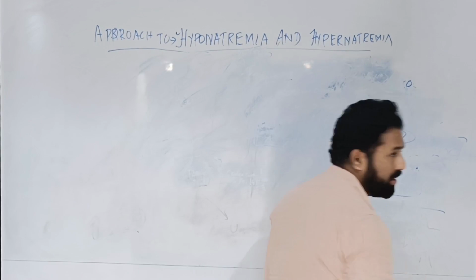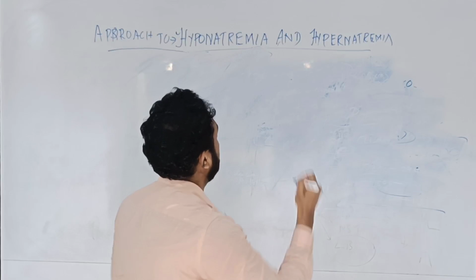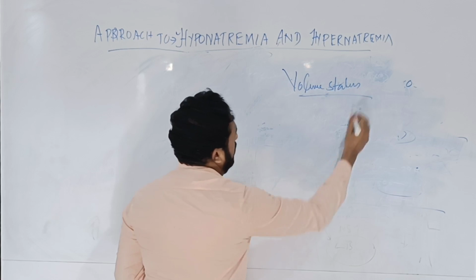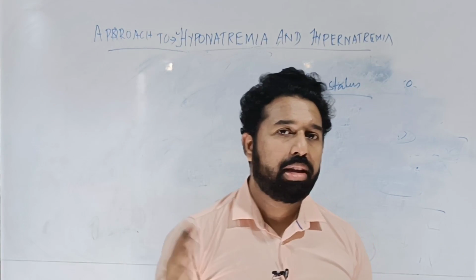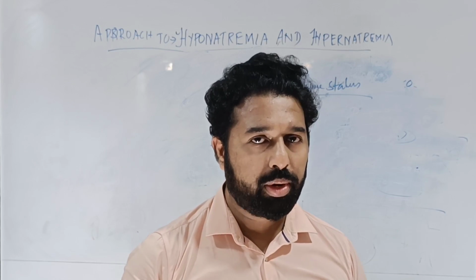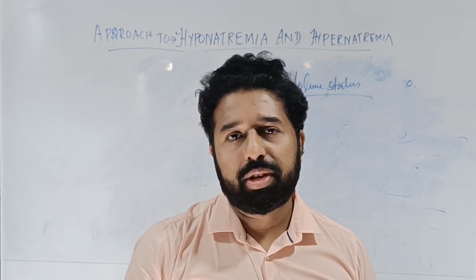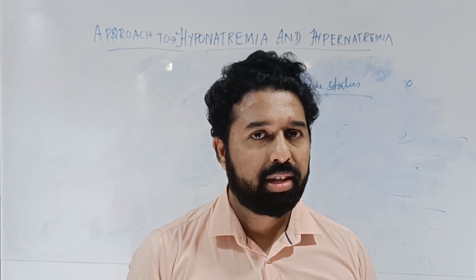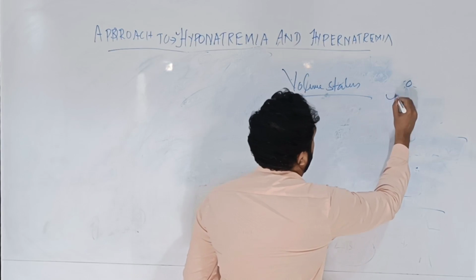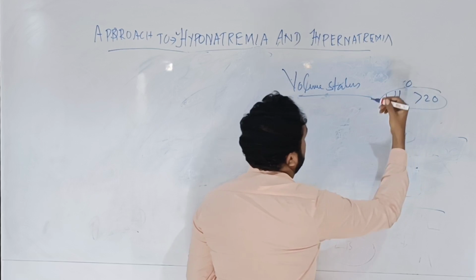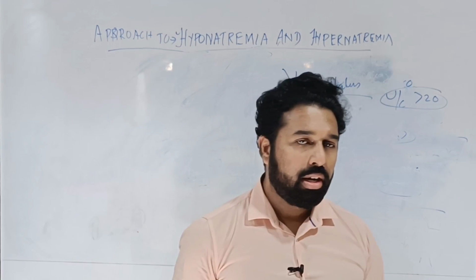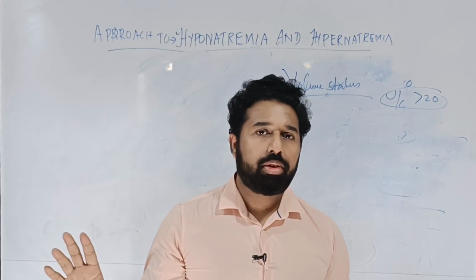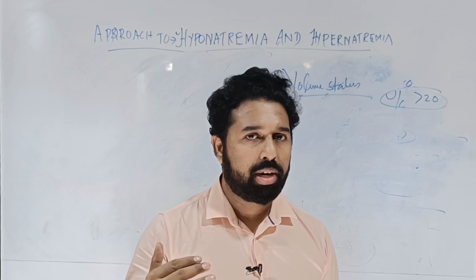We have sent for the workup. Suppose the serum osmolality is low. The next thing that we have to do is look for the volume status of the patient. The patient can have three kinds of volume status: hypervolemic, euvolemic or hypovolemic. So how do you know? First, you can look for signs of dehydration in the physical examination of the patient. The next thing you can do is look at the urea creatinine ratio. If the urea creatinine ratio is more than 20, it can suggest that the patient is probably having dehydration or a hypovolemic hyponatremia. So after ruling out pseudo hyponatremia from the serum osmolality, then you send